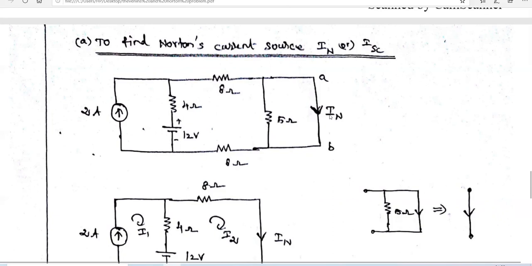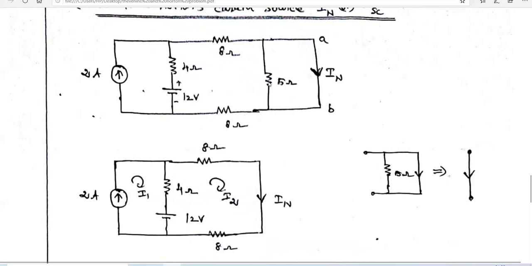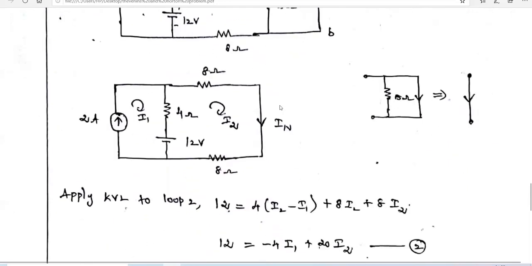Okay. So a short circuit in parallel combination with any resistance, what is the resulting thing? It's a short circuit. One resistance in parallel with a short circuit means the answer is a short circuit. Okay, this is the thing. But now in this diagram, we have to replace this 5 ohm resistor by a short circuit. But now we have to find the current flowing in the short circuited terminal.